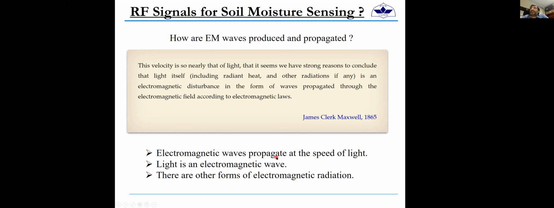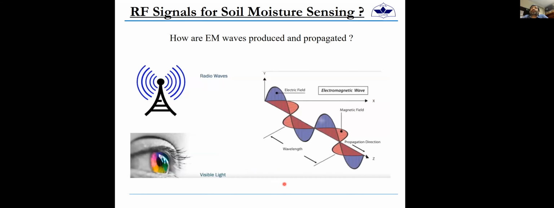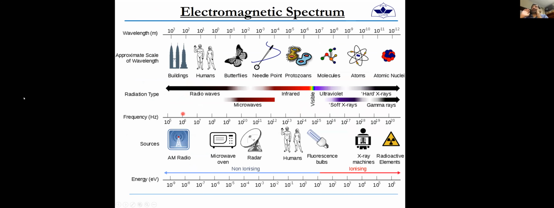Apart from light and these radio signals that I have talked about, there are many other forms of electromagnetic radiation. And what are those forms? This slide simply tells you that radio waves and our visible light are both electromagnetic waves, as you can see here. So apart from light and radio signals, there are so many other electromagnetic radiations. By name, we know some of them, for example, X-rays. All of us almost know what X-rays, gamma rays, ultraviolet or infrared are. So, radio waves,